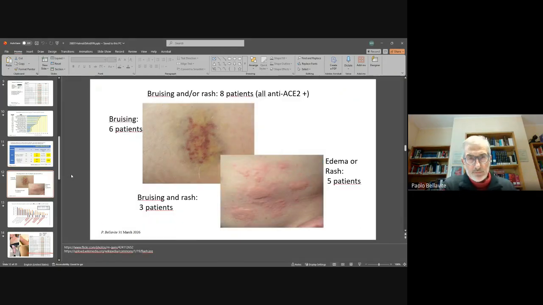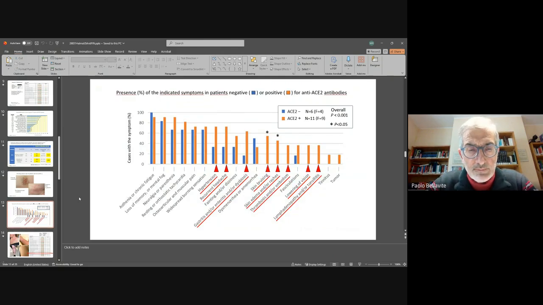This is a figure of bruising or skin rashes, which were present in 8 patients from the group of 17. All these patients were positive for anti-ACE2. Next one. In this histogram, you see the symptoms reported by patients